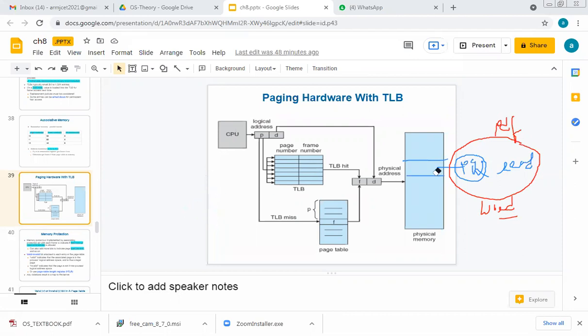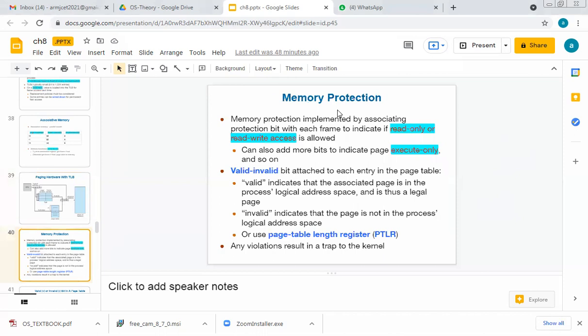But if permission is not given, that process should not be allowed to access that area. If any process tries to violate the basic protection of the file or page, we should provide sufficient protection. So that is called memory protection.